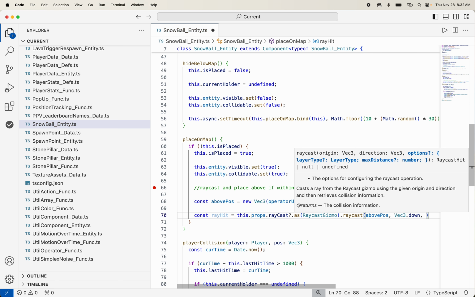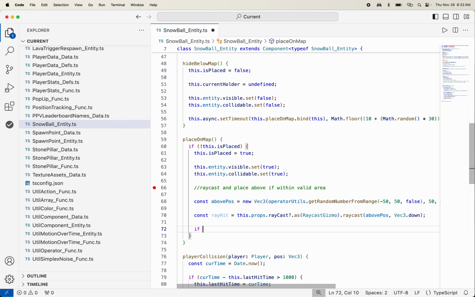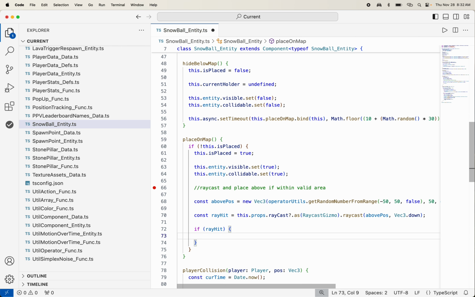And the options are optional, which provides maximum distance and stuff like that. I don't think we're going to provide any options. We're going to set that all up on the raycast itself. And so the ray hit returns either a raycast hit, null, or undefined. And so we can say if the raycast did hit, and then